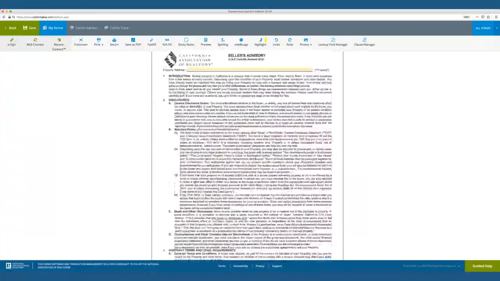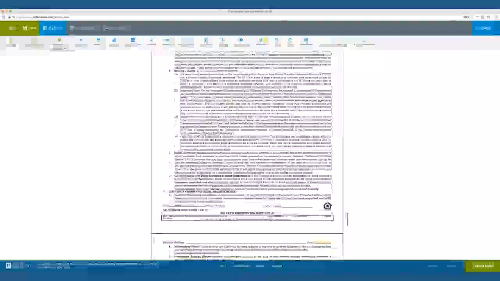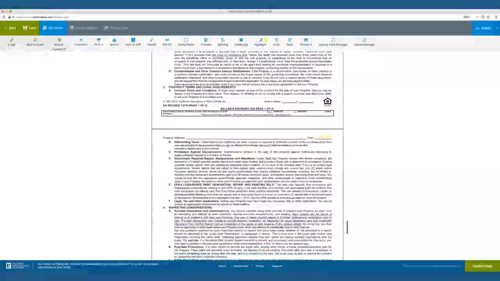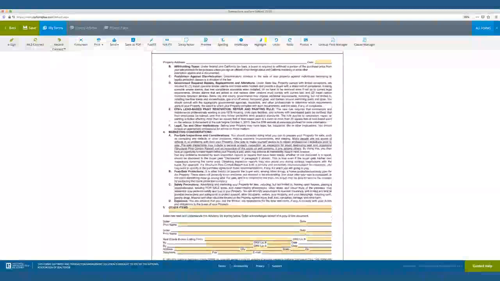Seller's advisory. This is the disclosures to the seller. It talks about death on the premises. If somebody's died on the premises within the last 3 years, that seller needs to disclose that. If it's a condominium, all sorts of things, governmental required stuff, lead-based paint, the usual. There's repetition in real estate and in our forms. We go over the same facts over and over again. You'll see them in the purchase agreement. You'll see them in the statewide